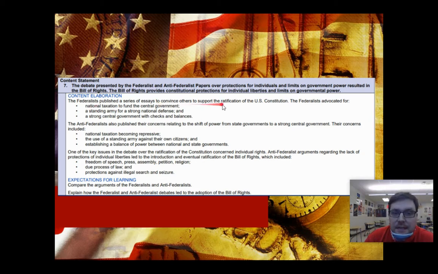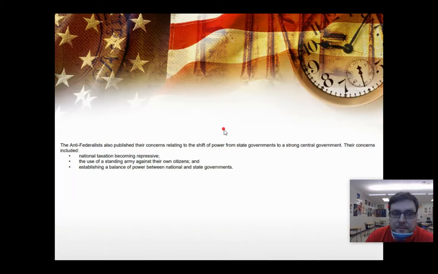The Federalists said, yes, support it. The Anti-Federalists said, no, don't support it. So the Anti-Federalists, they did not want government to have very much power. As you can see here, the Anti-Federalists also published their concerns related to the shift of power from governments of the states to a strong central government. They did not want this. Their concerns included, they thought that if a strong national government, a strong federal government came into being with the Constitution, then